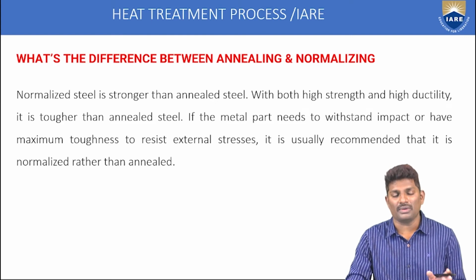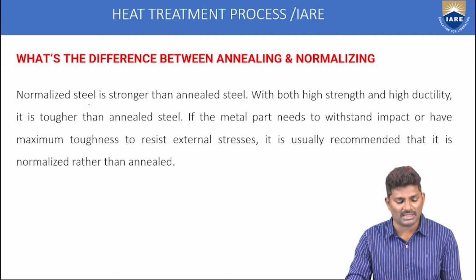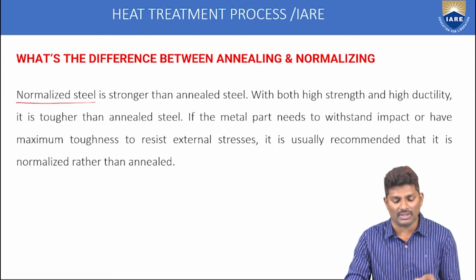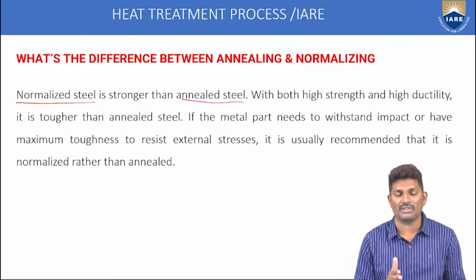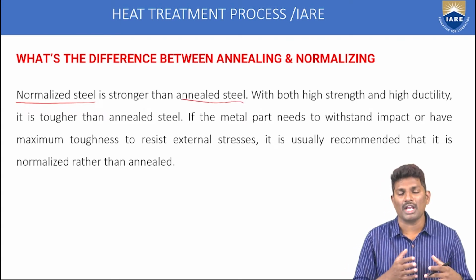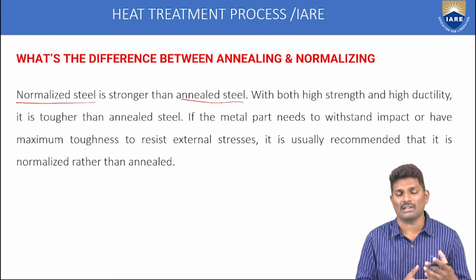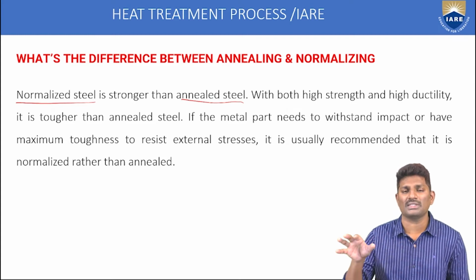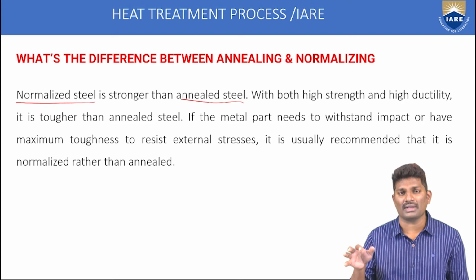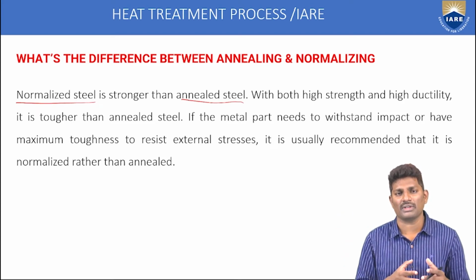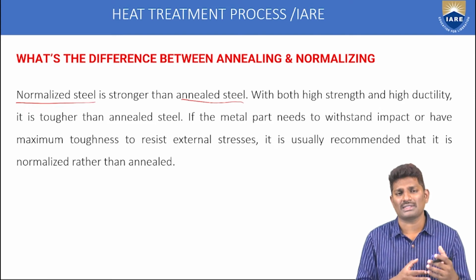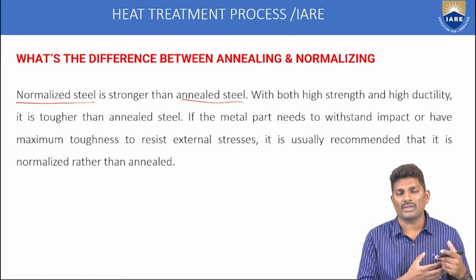Though it is the same kind of process, strength-wise, if you compare, the normalized steel will have higher strength than the annealed steel. That is the difference. Why? In the cooling process, we let the system cool by itself. If you force the system to cool by any external factor, the strength may get reduced. But in normalizing, though we are heating above the recrystallization temperature, we cool the system by itself only,